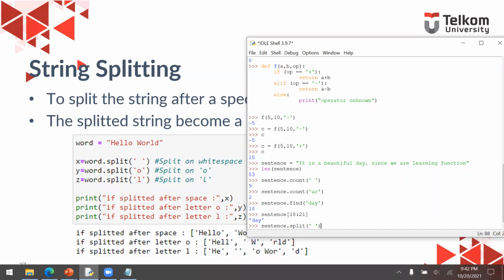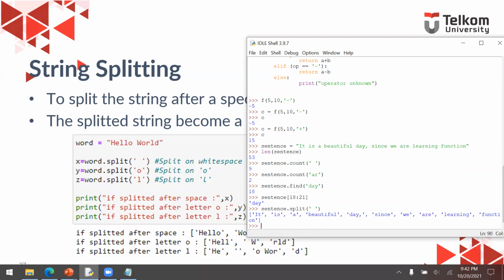So it will return a list with the members of it: and then is, and then a, and then beautiful, and then day, and then since, and then we, and then are, and then learning, and also function. So we're going to separate one sentence into words, because the splitting is based on the space.